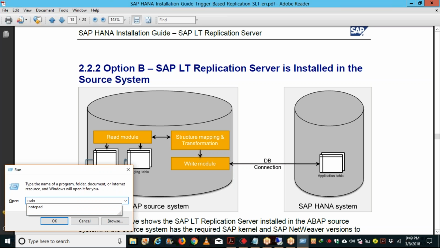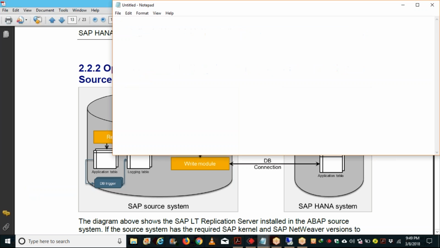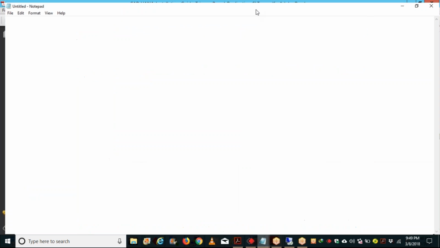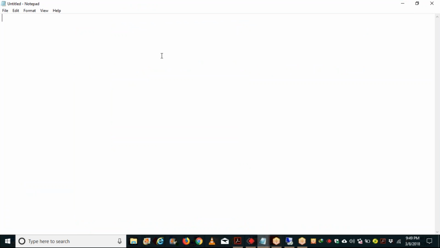Technically speaking, functionality wise, SLT is a replication technology. That's fine. Technically speaking, what is SLT? So SLT is nothing but SAP NetWeaver applications or ABAP 7.02 and above versions. 7.02 and above. Minimum required is 7.02